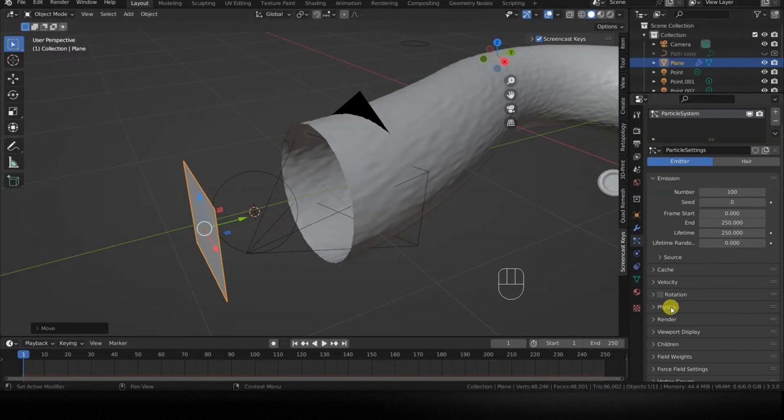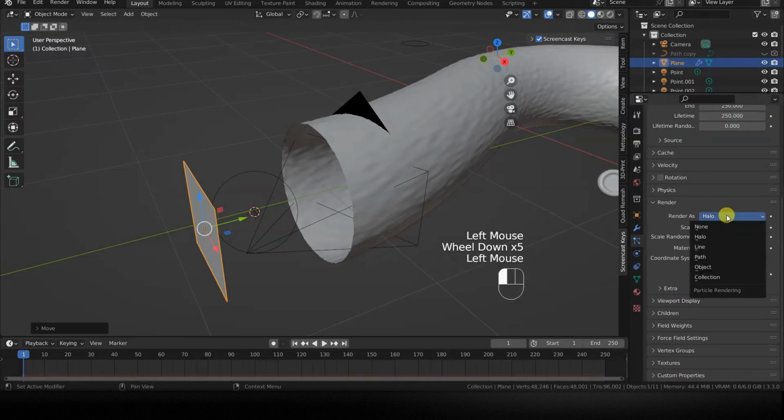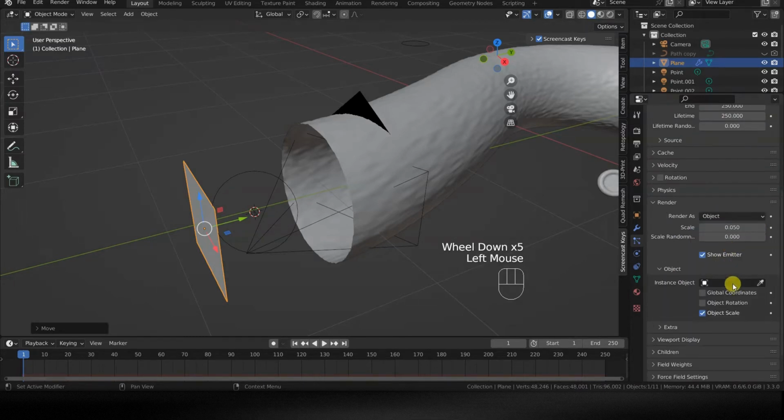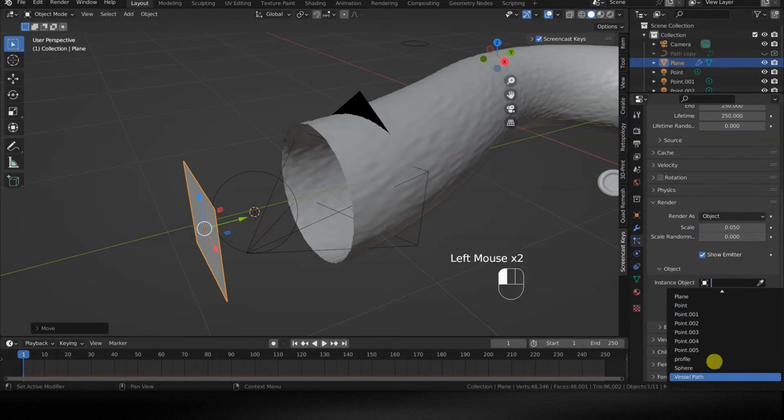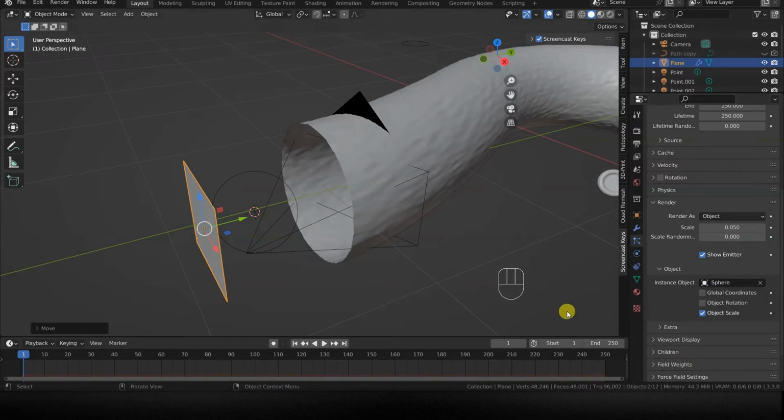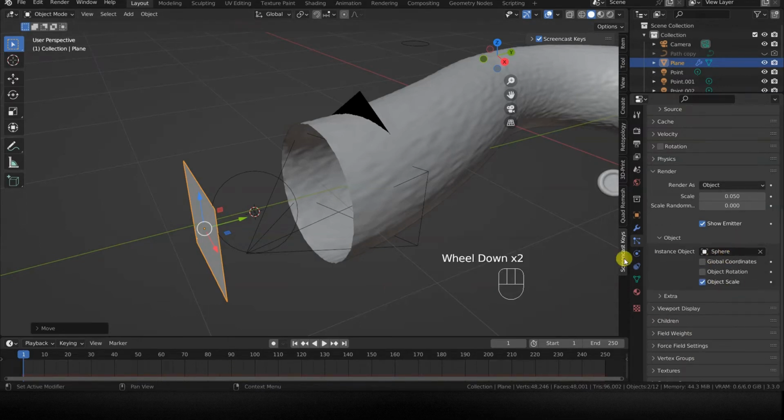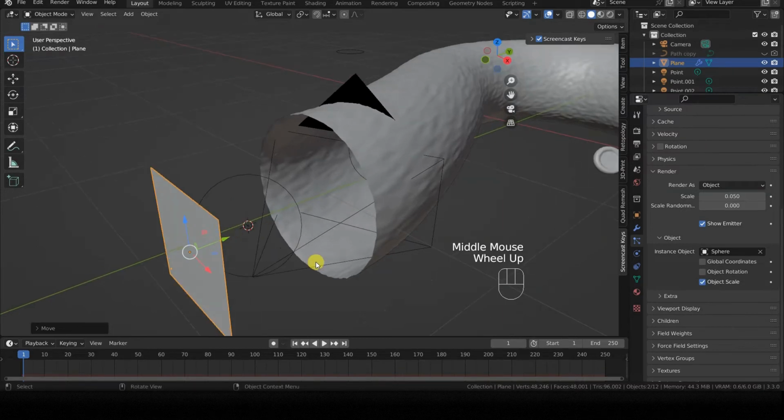To make the new particles instances of the red blood cell prototype, open the Render tab of the Particle System and change the Render as field from Halo to Object, then specify the red blood cell as the instance object further down.